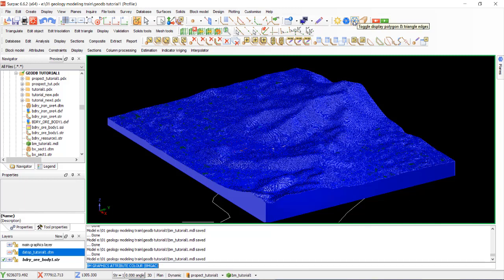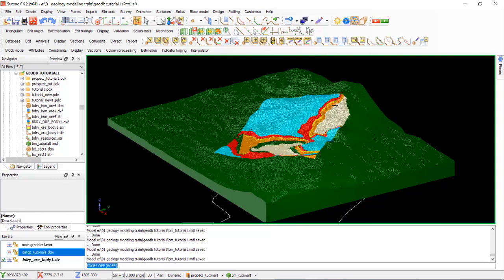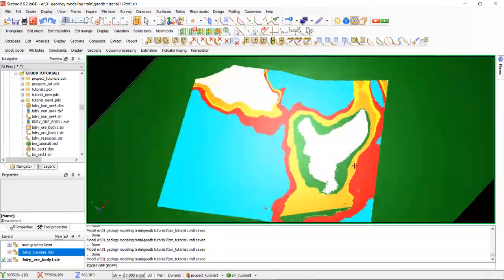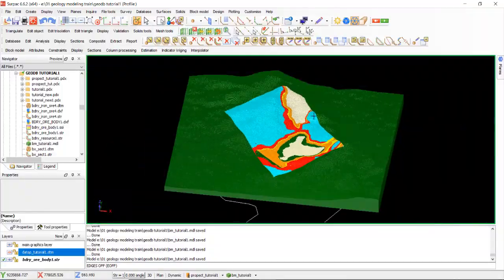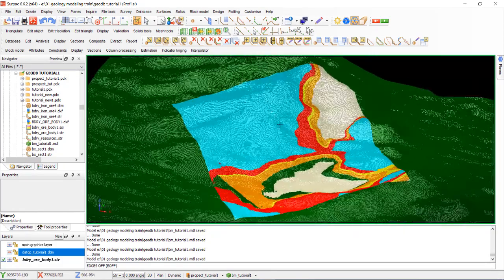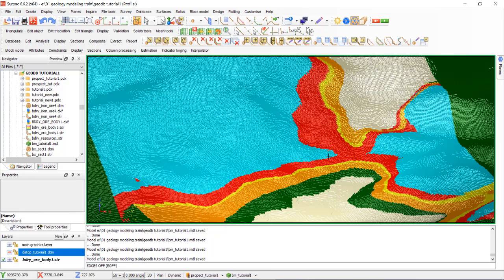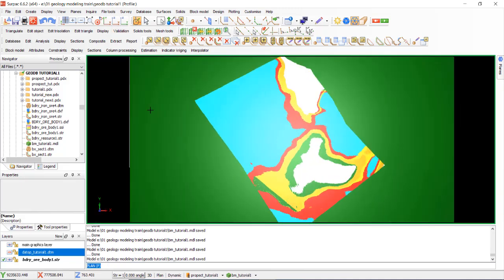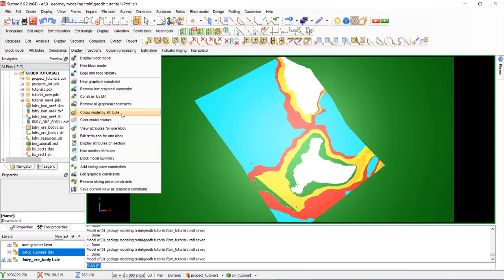Toggle off the polygon and triangle edge. Okay, we have the lithology from the section in this block model display. So we try to check the attribute, view attribute for one block.